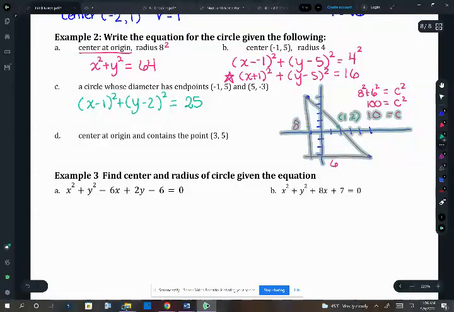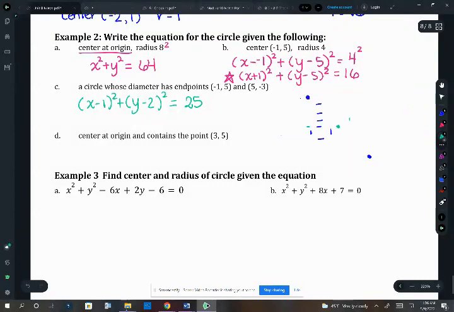All right. And then, actually, I guess I didn't need to erase that, but oh well. All right, so then when we look at the next one, it's going to be kind of the same thing. We can do it one of two ways. If we know the center's at the origin, which is 0, 0, and we know it contains the point 3, 5, I have a couple options. I either can draw it like we did before, or we can find the length using distance formula like we did before. So if I do distance formula, I'm going to do the square root,